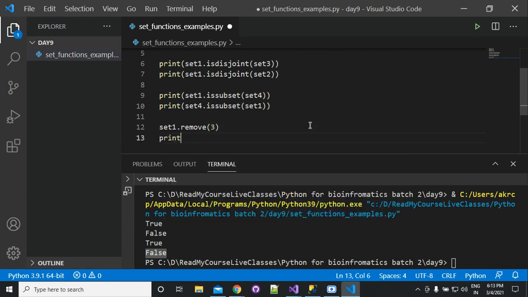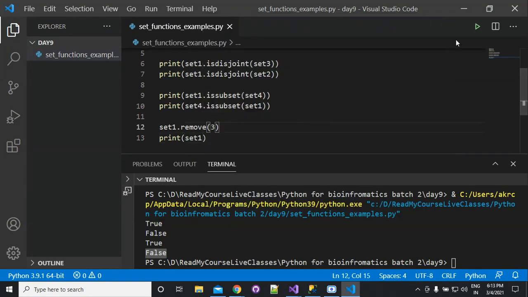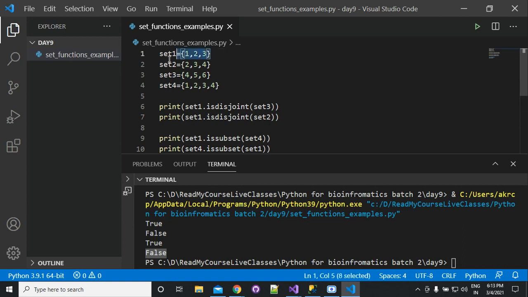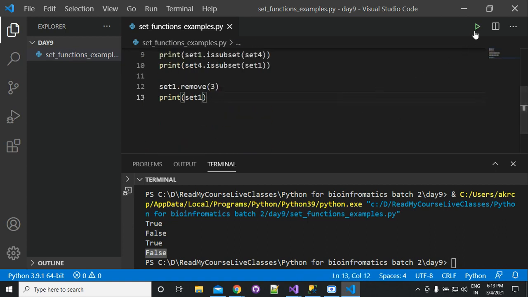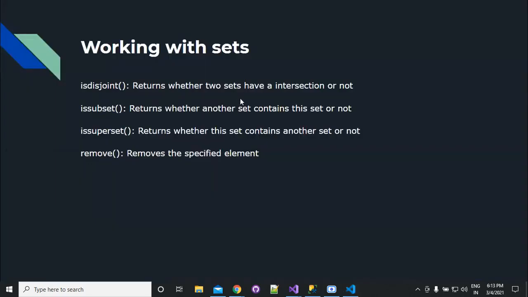And if you write here print set 1, you can see that previously set 1 was 1, 2, 3. Now it will be 1, 2 only. 3 has been deleted from set 1, so that's why it is printing 1, 2.